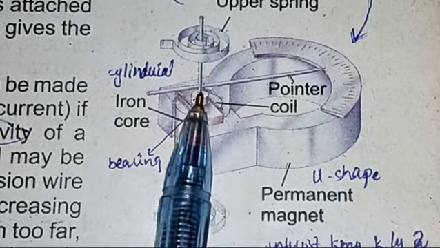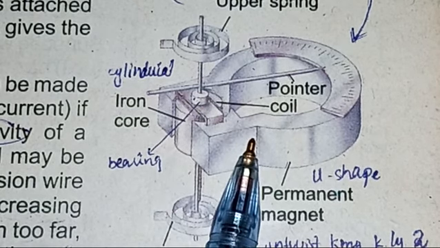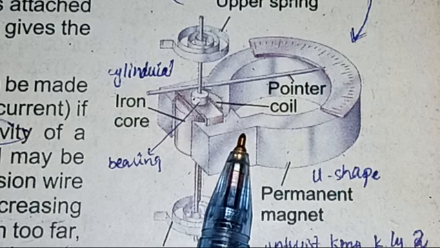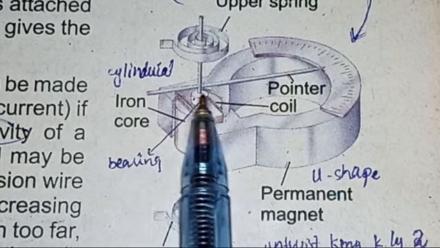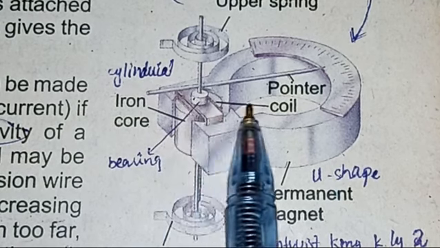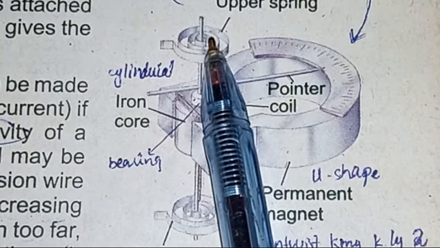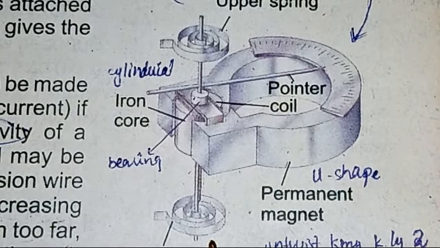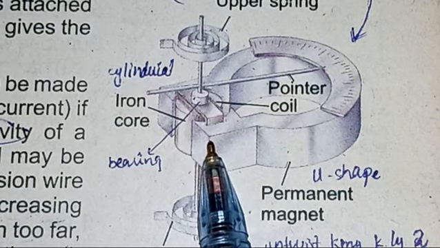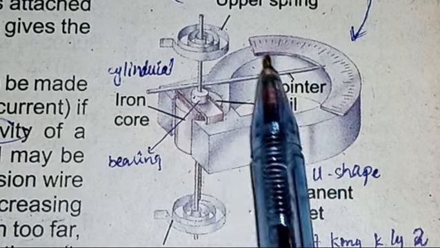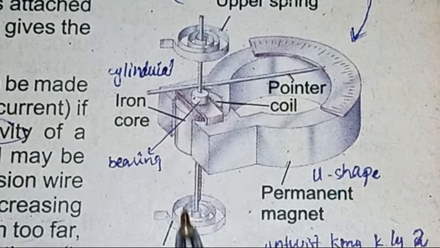So this is the type of galvanometer that is used in our school and college laboratories. This is known as a pivoted type galvanometer, because in this type of galvanometer, this one is the pointer coil. This coil is pivoted between two springs, the upper spring and the lower spring. The restoring torque is provided by two hair springs, which also serve as a current lead. Current is given with the help of these two, upper and lower.